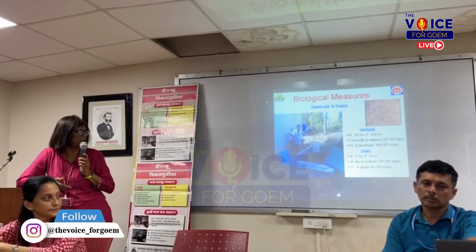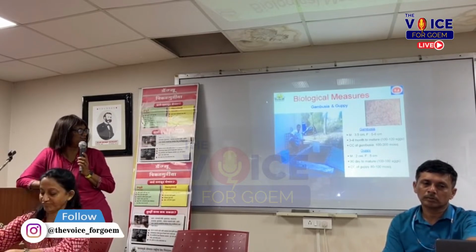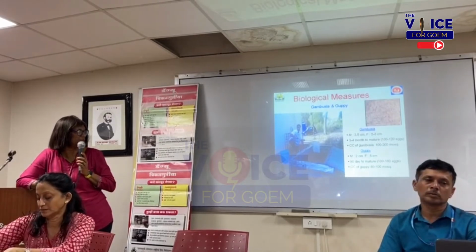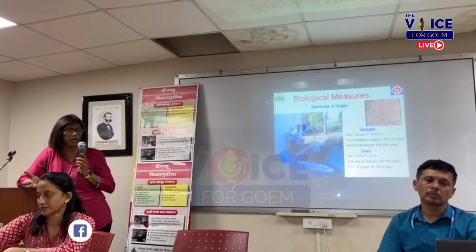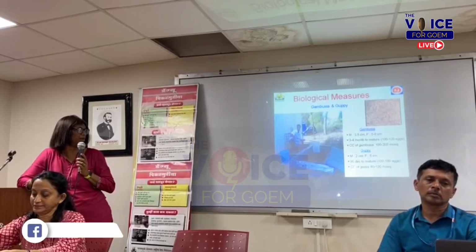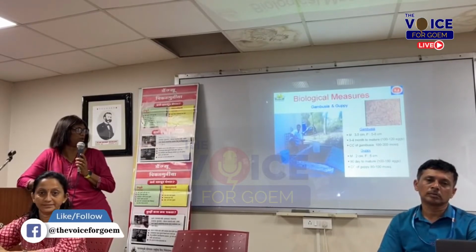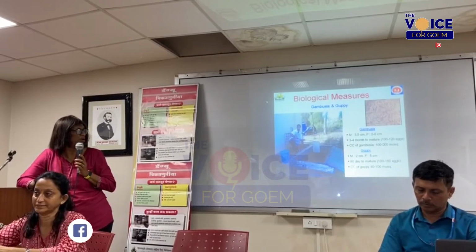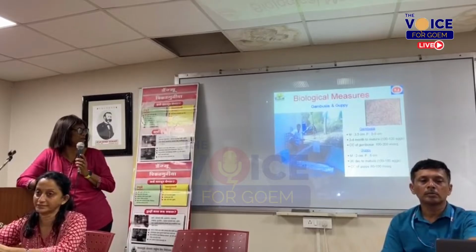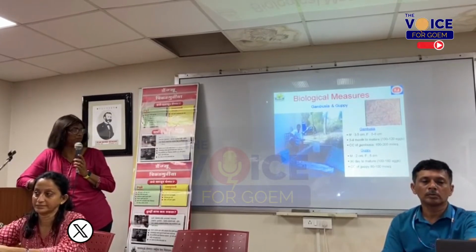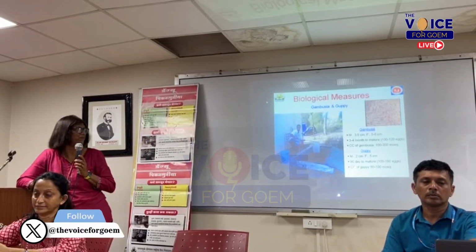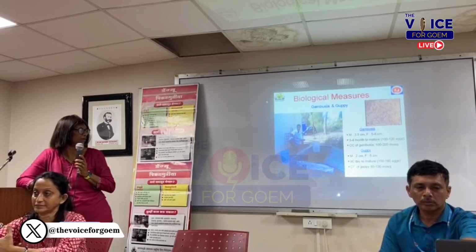We have two kinds. We have the guppy fish, and these are the fishes who eat. They are called larvivorous fishes. They eat the larva of the mosquitoes. So if there is a pond or any kind of container where people are not able to keep it covered, they can't empty it, they need the water, then they can use the fish. This is a biological measure. It is an environmentally friendly way of getting rid of mosquito larvae.